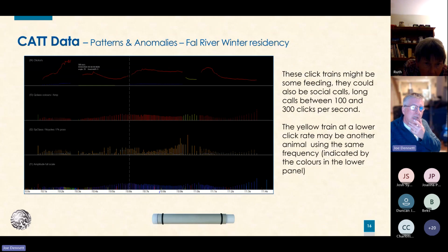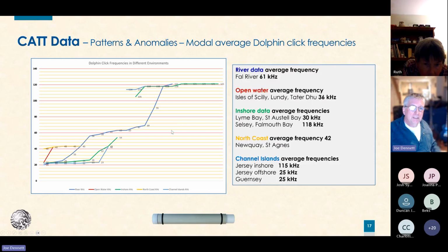The pods pick up audio over about 1 kilometer with dolphins. So we are picking them up over a fairly wide range. But we see that feeding activity like this is a continuous file going over a couple of seconds. And then we see long calls like this, which may be social communication. When we see these long wiggly lines and down sweeps, that's less likely to be feeding. And this little yellow bit in here could well be another animal sweeping a beam through at the same time. So we look for these patterns and anomalies, but